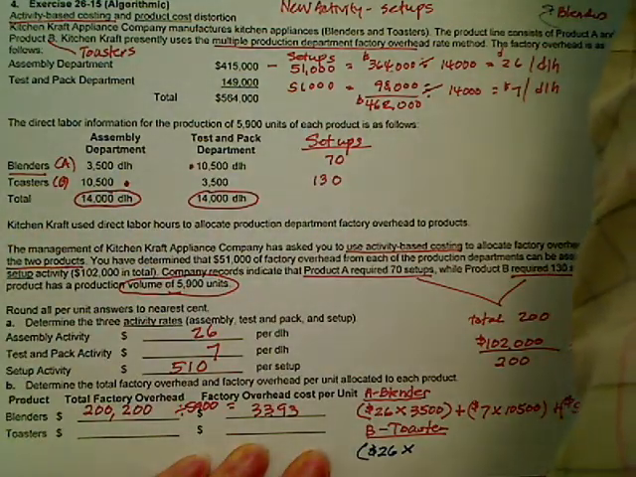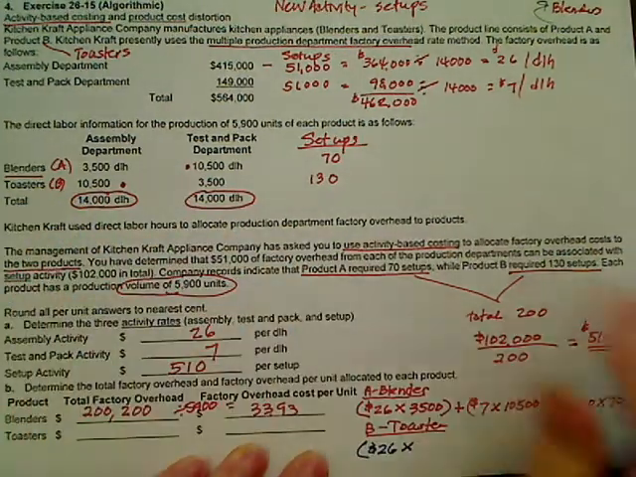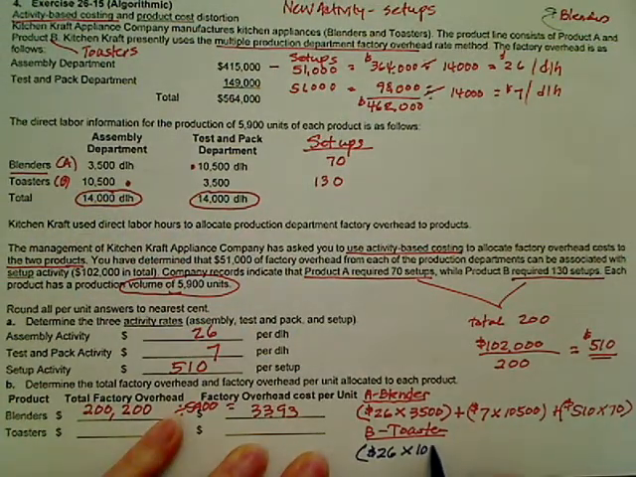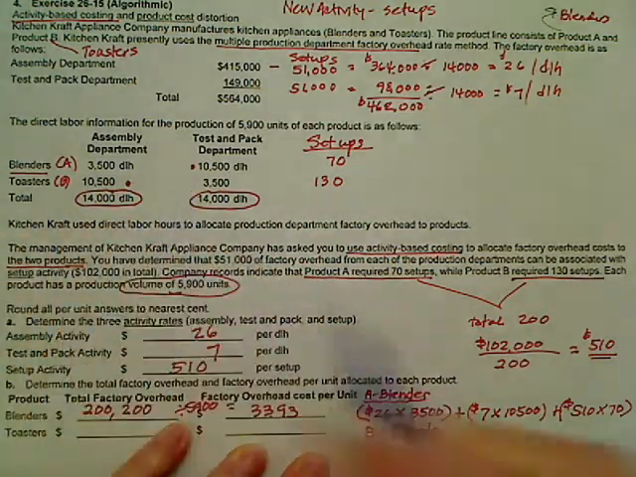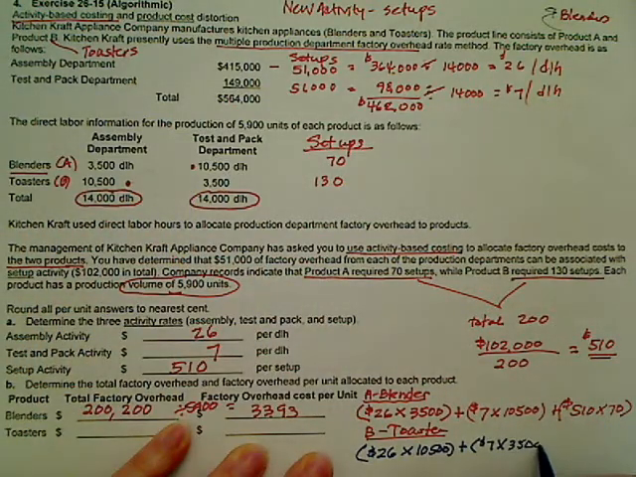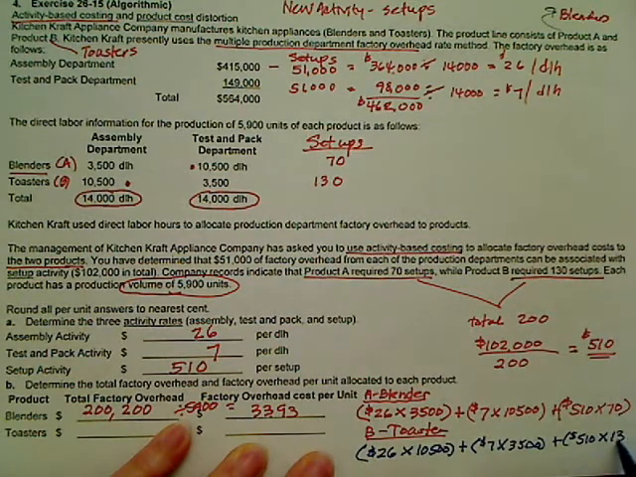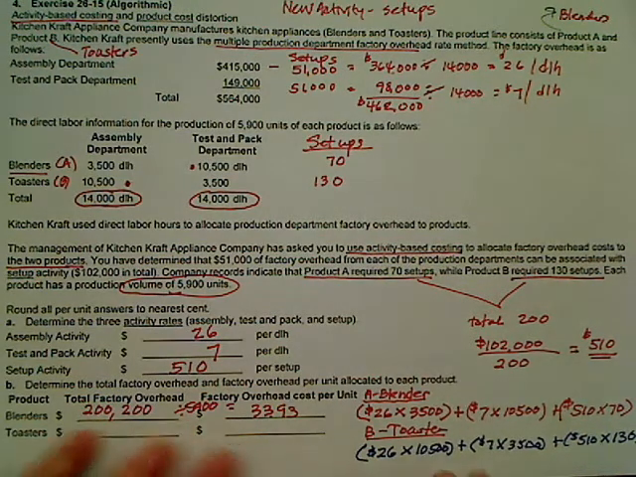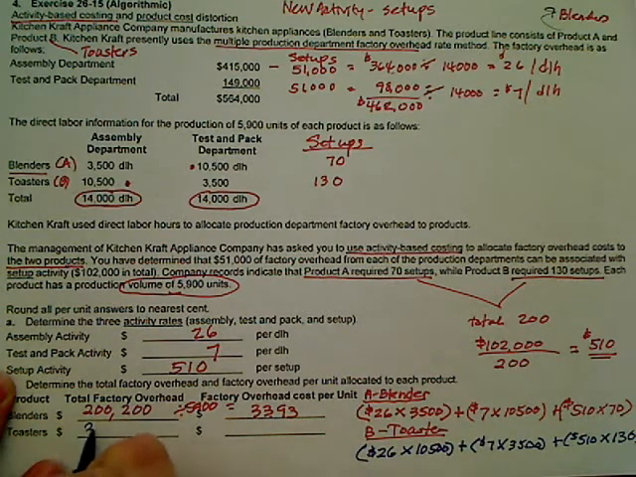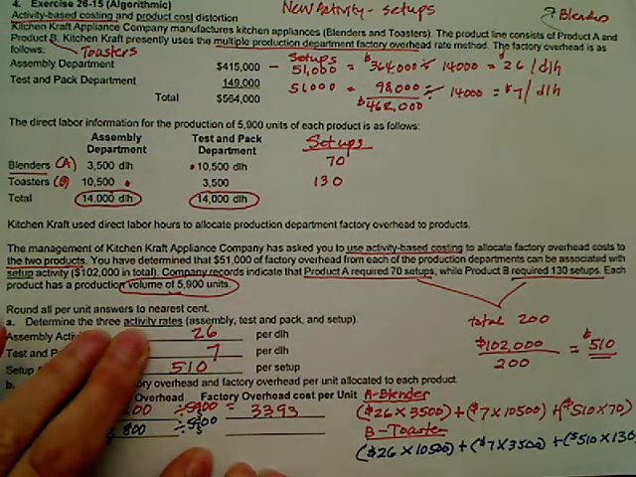A little bit over 10 minutes, but hang in there with me. $26 times 10,500 plus our $7 times 3,500 plus $510 times 130. So this product uses a lot more setups. The total of that is $363,800 divided by 5,900 units, and that is